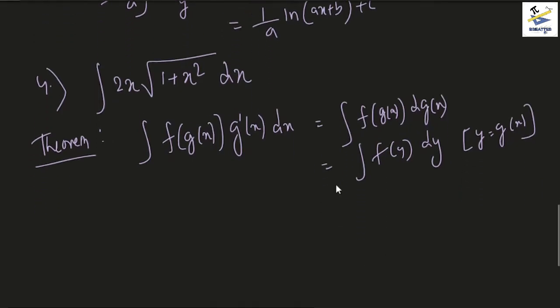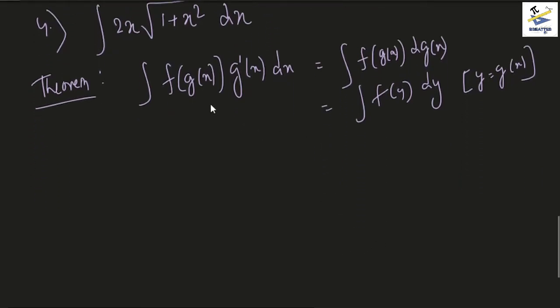Okay. So what we are trying to find is, if we can find some function which is a function of something, and the derivative of that function is already given along with dx, we can directly substitute that function. Why? We can see why. So the given integral is